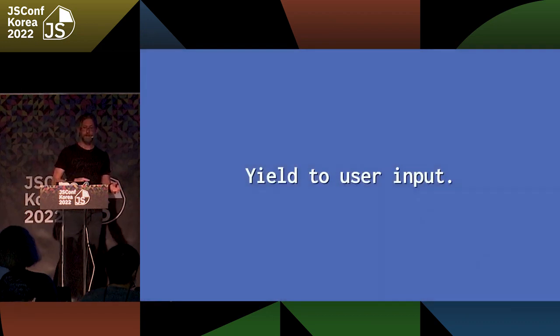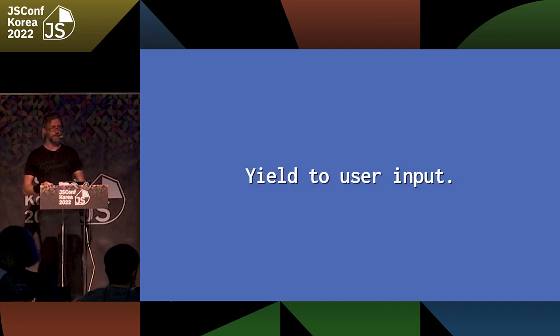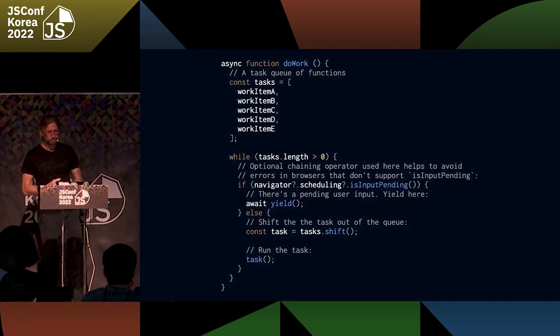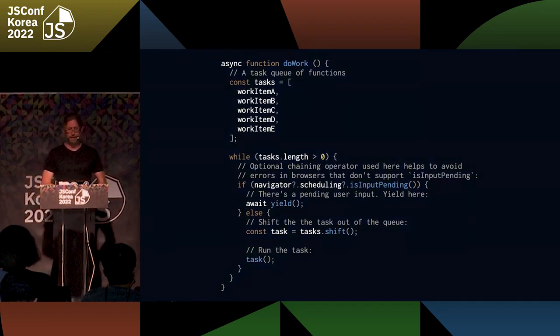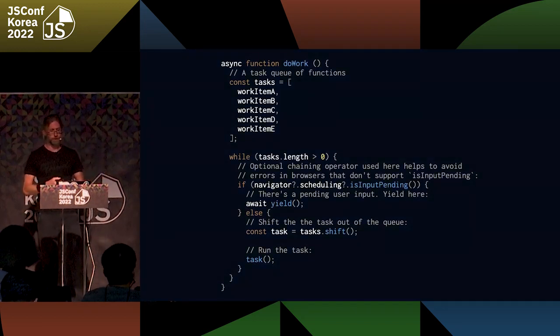Another way of prioritizing user-facing work is to explicitly yield to user interactions with the isInputPending method. isInputPending is available in navigator.scheduling.isInputPending, and it returns a Boolean if the user has interacted with an element on the page at the time that it is called. In this code, you can see how the doWork function adds separate functions